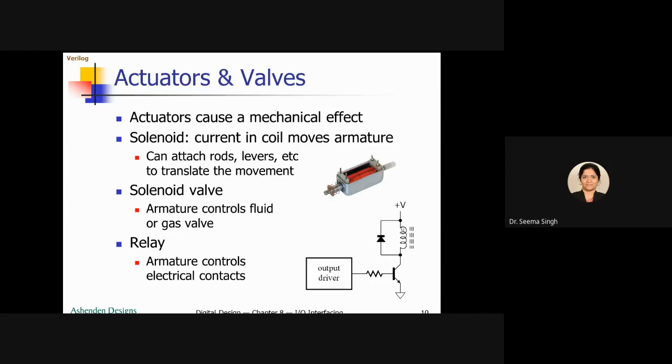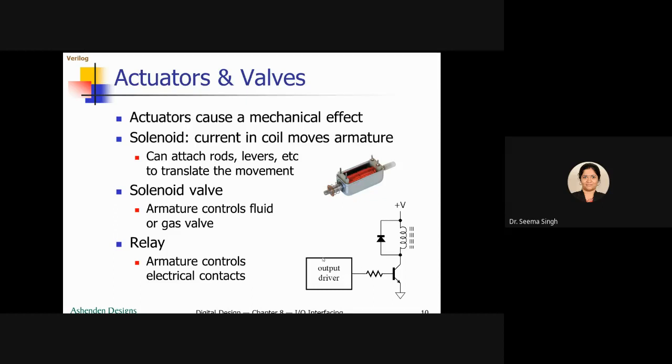So that is why the extra current bypasses, and the diode takes care of the surge of current which may happen in such cases. So this diode is a protective thing only. Otherwise, this is used for the output driver circuit only.